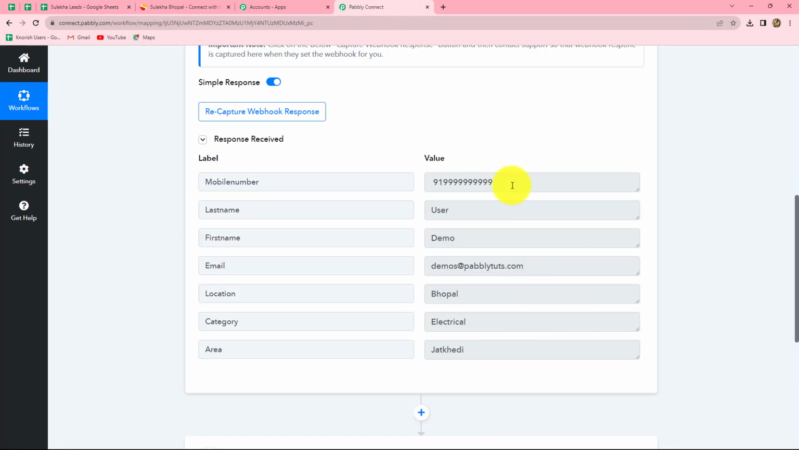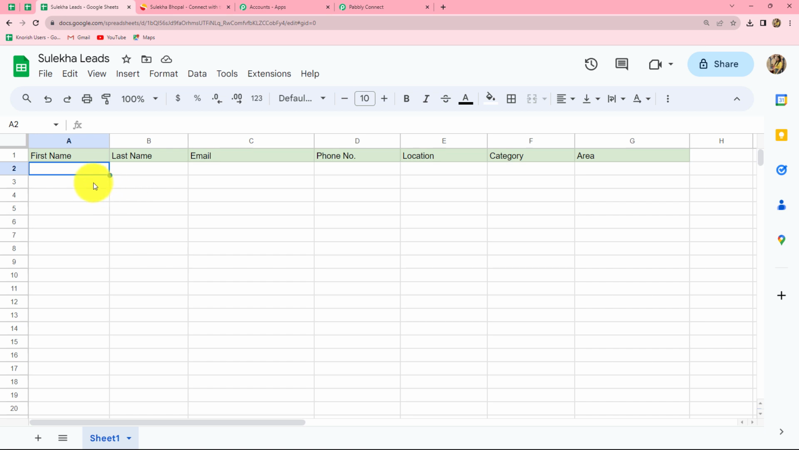All the details which we have received from Sulekha. You can also receive the details of Sulekha leads in a customized format according to your choice, and you can add all those details in your spreadsheet. So what is going to happen once we